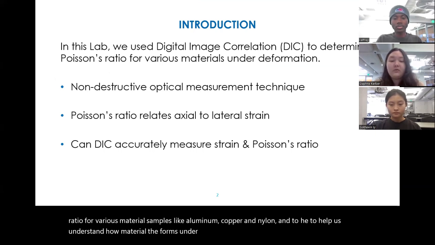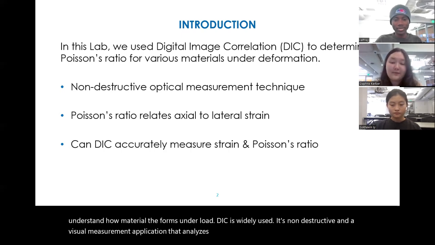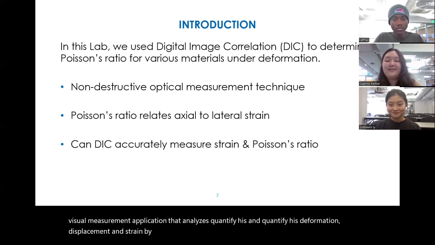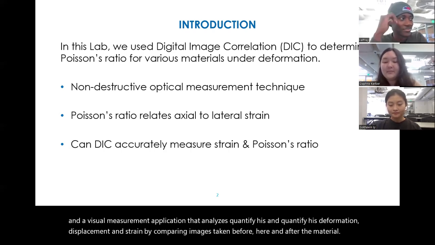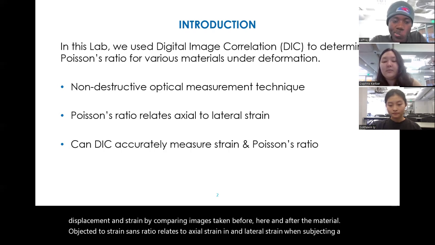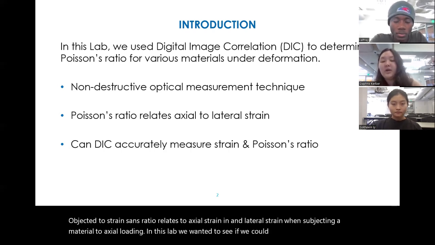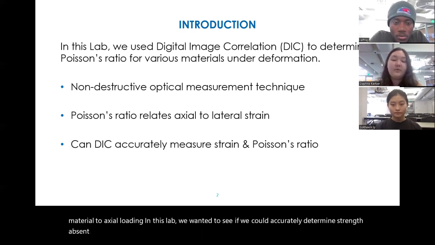DIC is widely used. It's a non-destructive, visual measurement application that analyzes and quantifies deformation, displacement, and strain by comparing images taken before and after the material is subjected to strain. Poisson's ratio relates axial strain and lateral strain when subjecting a material to axial loading. In this lab, we wanted to see if we could accurately determine strain and Poisson's ratio for different materials using